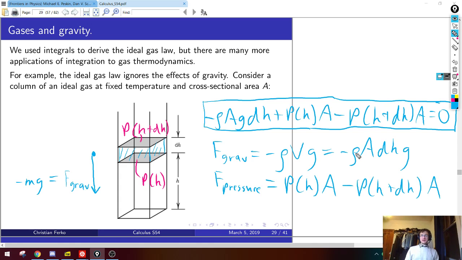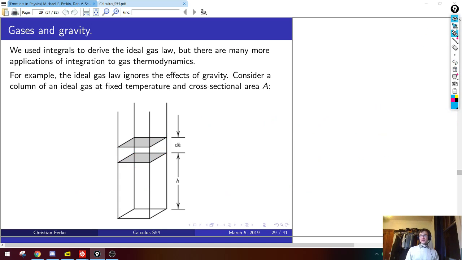Well, now you're going to see something cute, or maybe I thought it was cute the first time I saw this. As you go on in chemistry and physical sciences, you'll see that all the time people write down equations like this and then take a limit as h goes to 0, or as some variable more generally goes to 0, in order to get a derivative. You could probably see exactly what's going to happen, because we have P of h plus dh, P of h, and a dh. So you can probably see how I'm going to massage this to make it look like a derivative. And that's exactly what I'm going to do on the next slide.